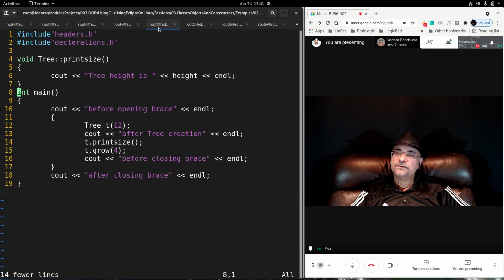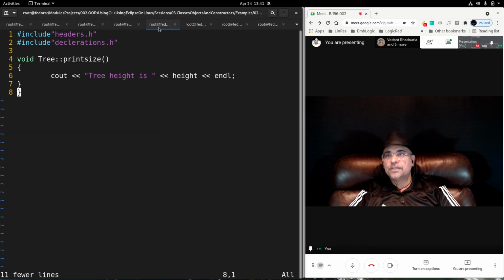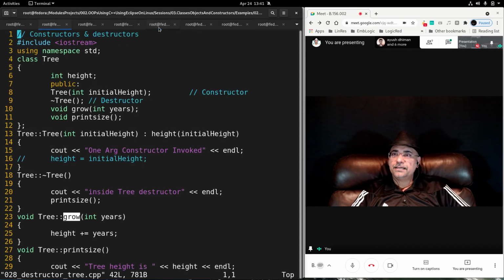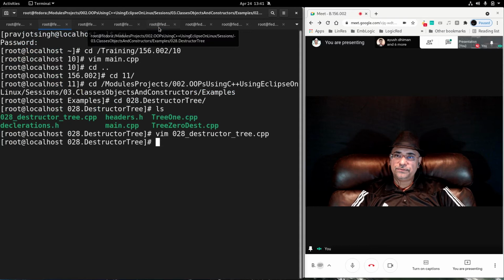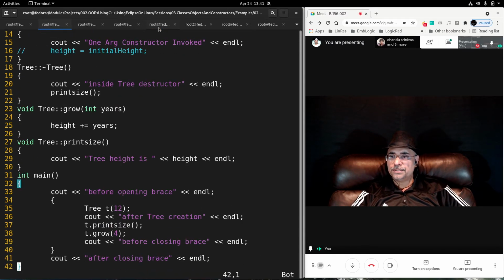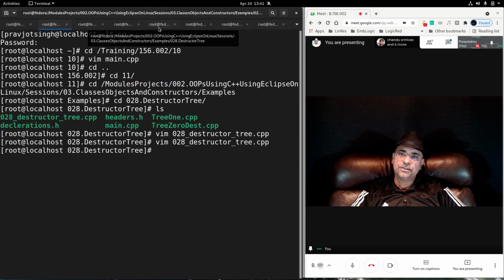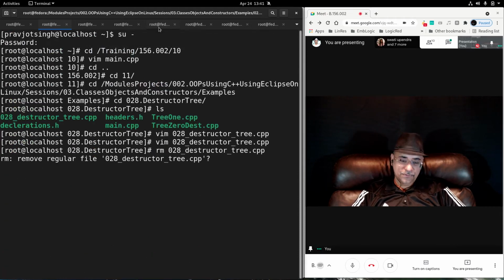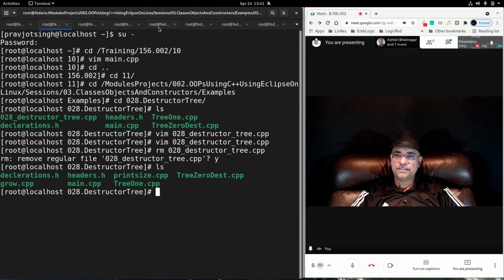Here is print size function also. Remove everything else. Now all the functions are written. Let's have a look right from the beginning again. This we don't need. I mean tree, grow, print size, main, all functions we've written. So let's remove this file. We don't need this file anymore. We have split it into multiple files now.